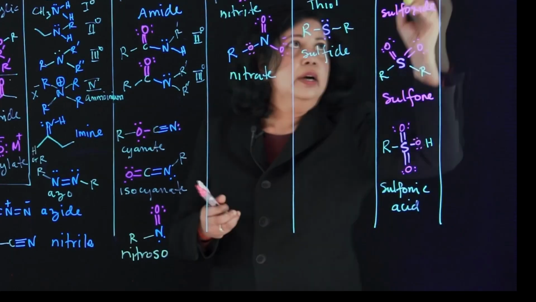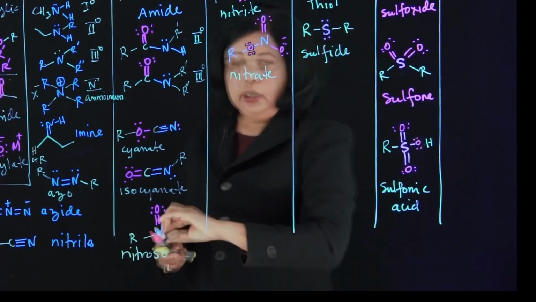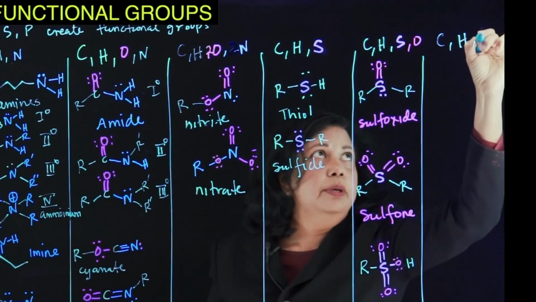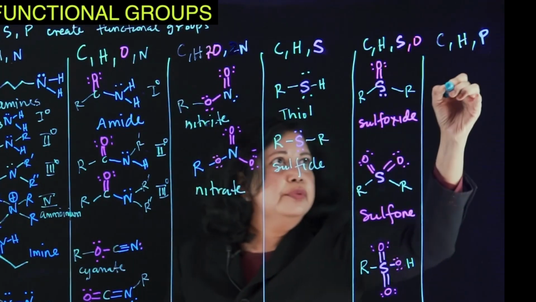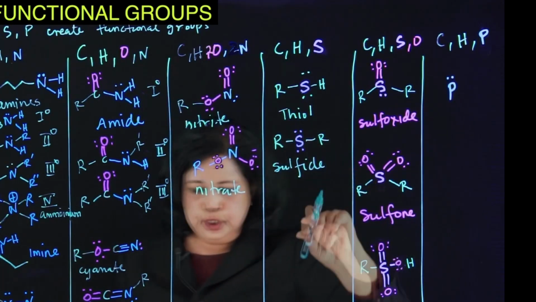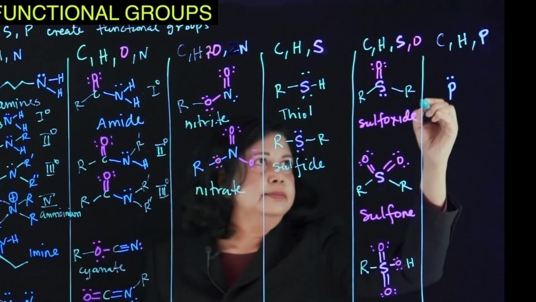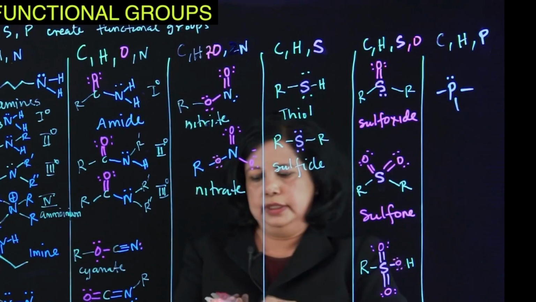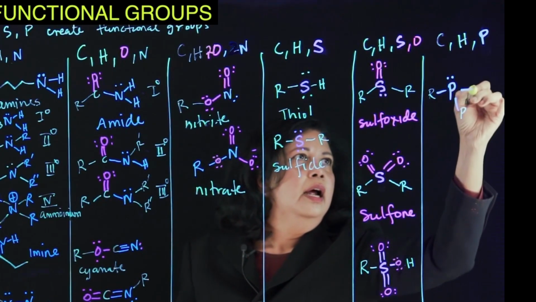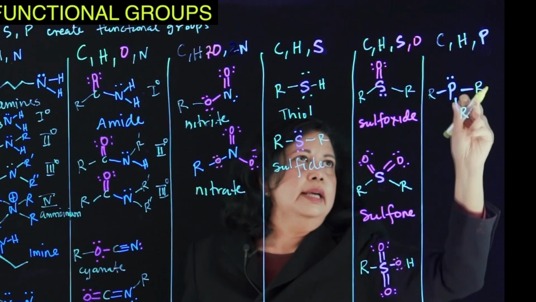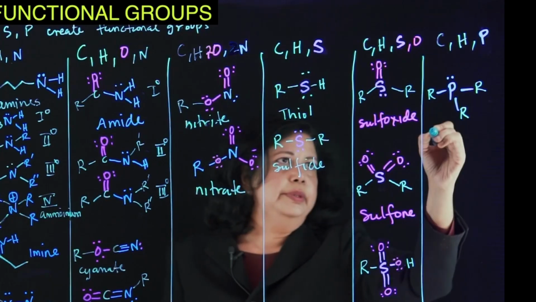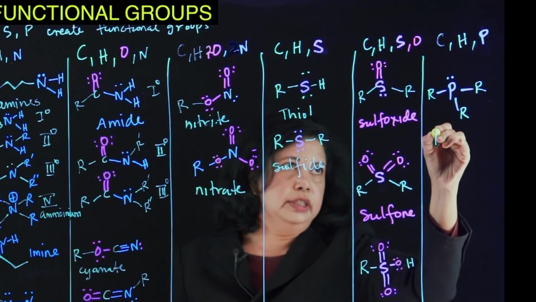Let's look at carbon, hydrogen, and phosphorus. So group 5. That's a phosphorus compound with alkyl group. So here, if you have 3 hydrogens, that's just phosphine. Or if it's 3 R groups, then it'll be alkyl phosphine. For example, if you have 3 benzene groups, it will be triphenylphosphine, and so on. And you would see this later on with Wittig reactions and so on, phosphine.